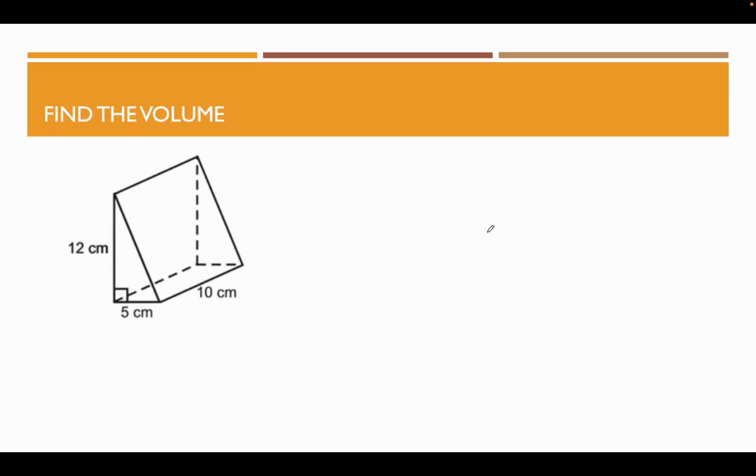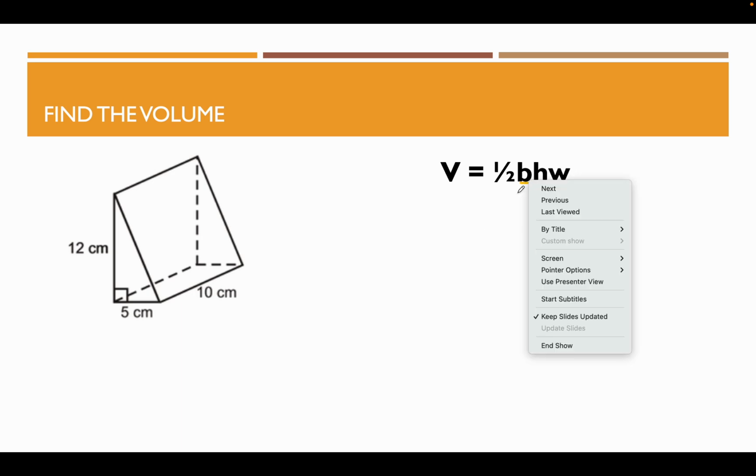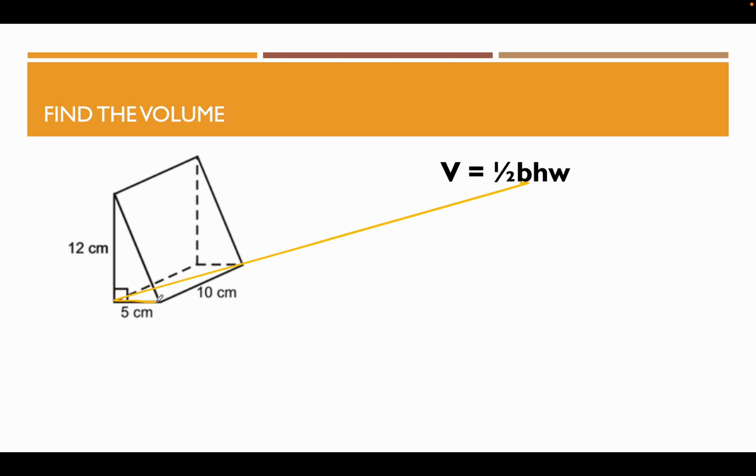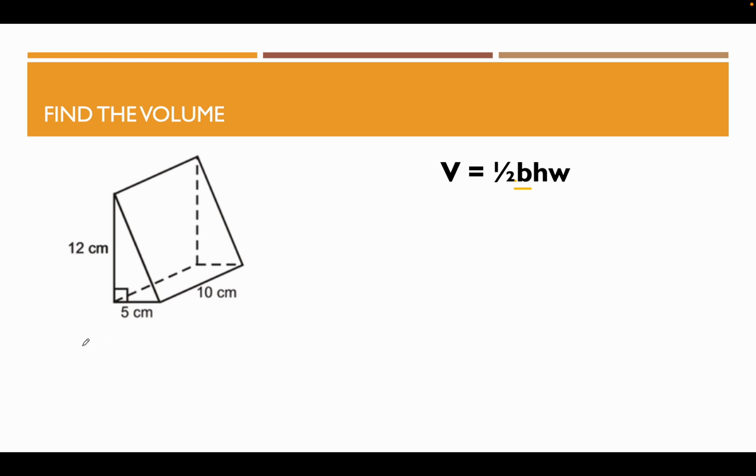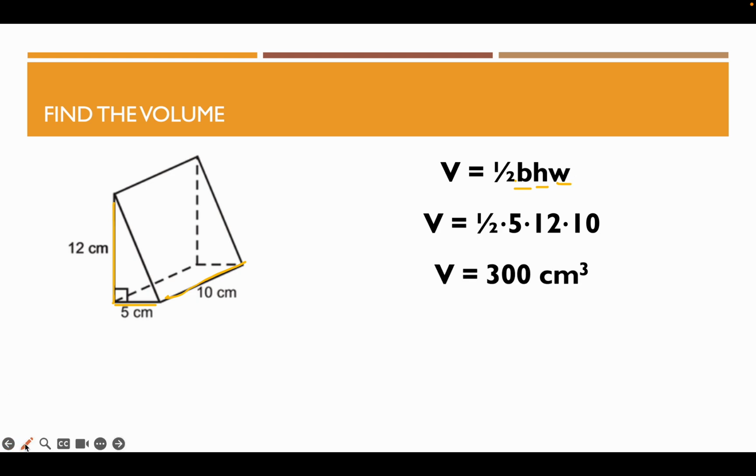Let's give this first one a try. First, start by writing down the formula. Then we need to look at what is the base, the height, and the width of this triangular prism. Our base measurement is 5. Our height is 12, and our width is 10. So we're going to replace those in there, multiply the whole thing together, and our final answer would be 300